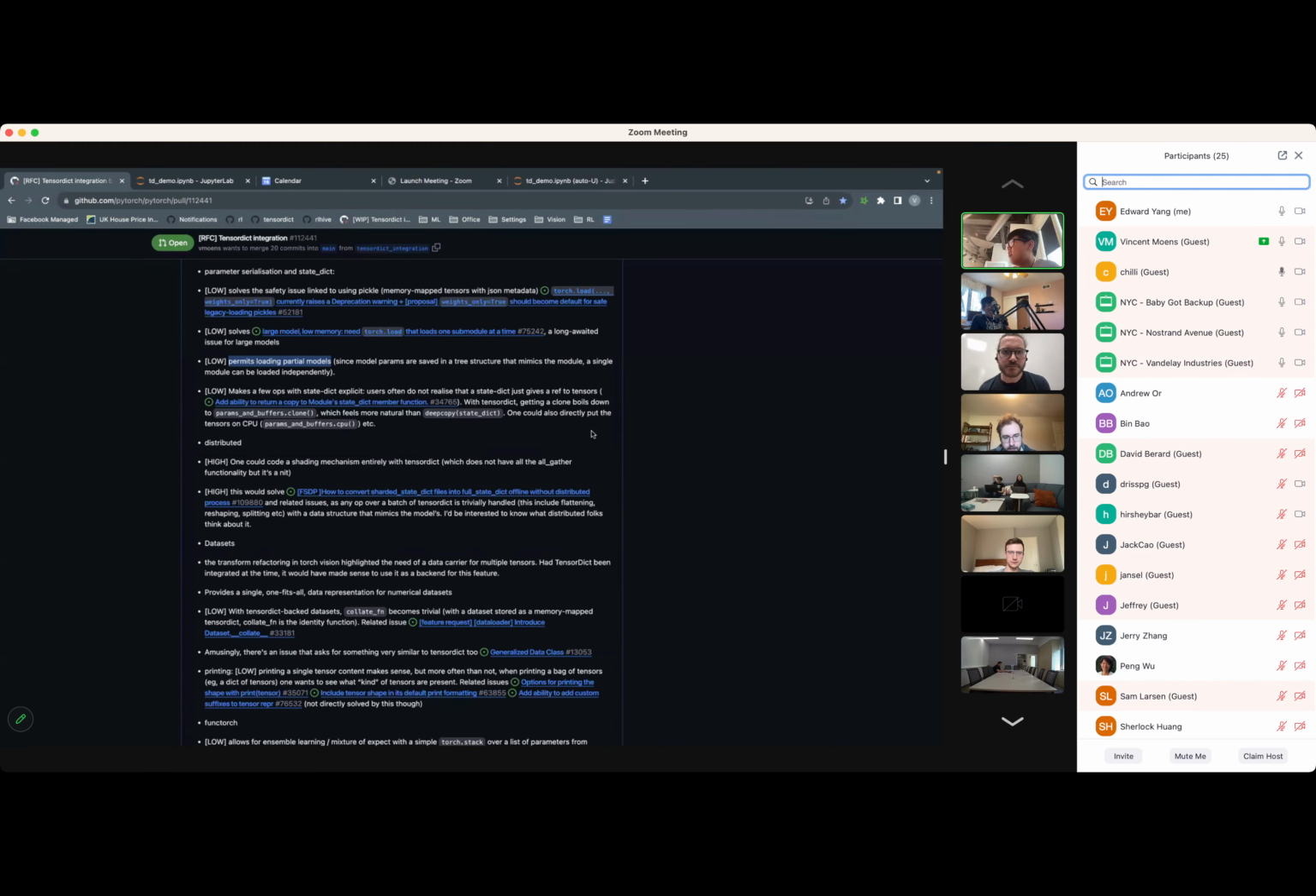I guess maybe it also depends on how much code TensorDict is. I haven't looked at the code yet, but is it a relatively thin wrapper over an underlying container of some kind with utilities defined on it? Yeah, so